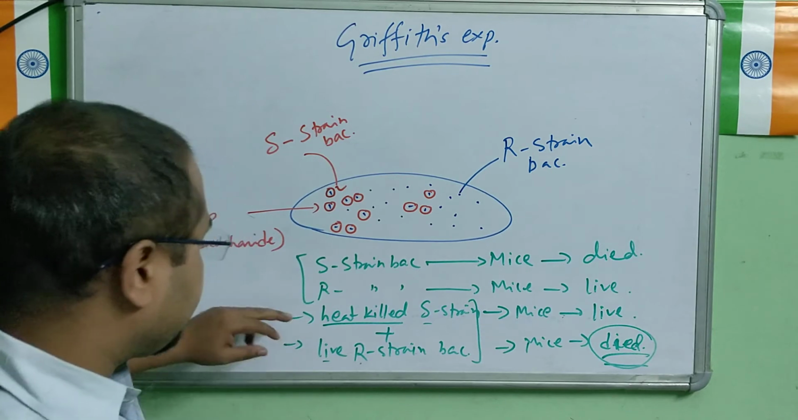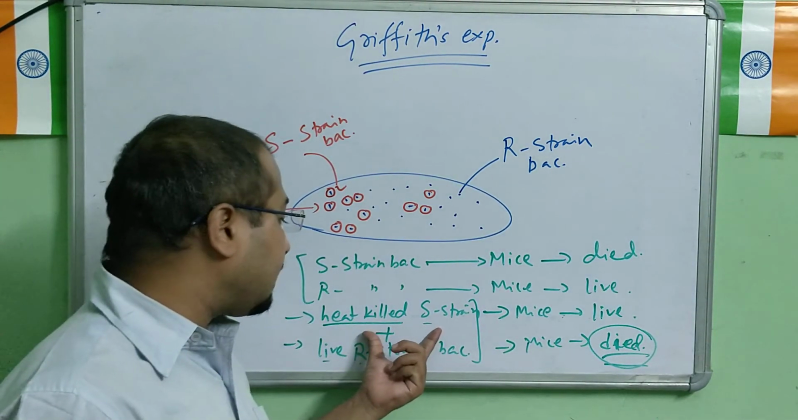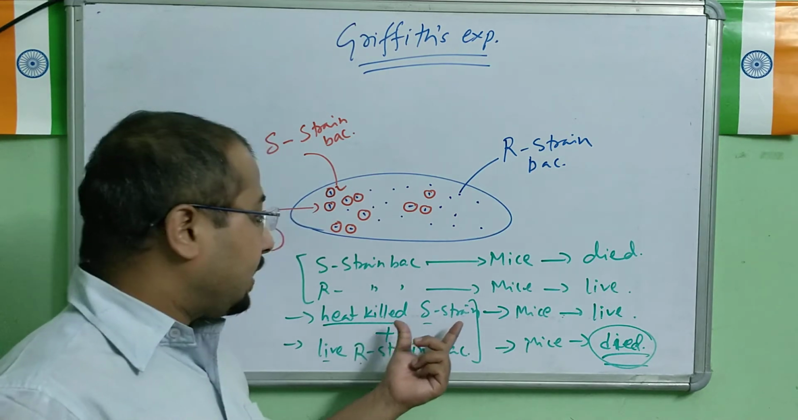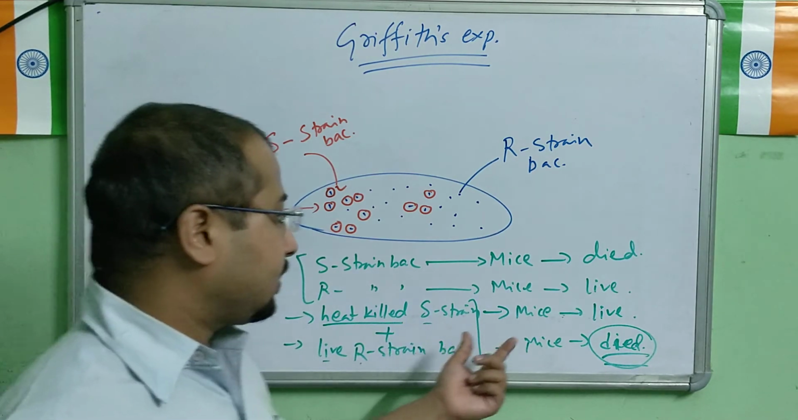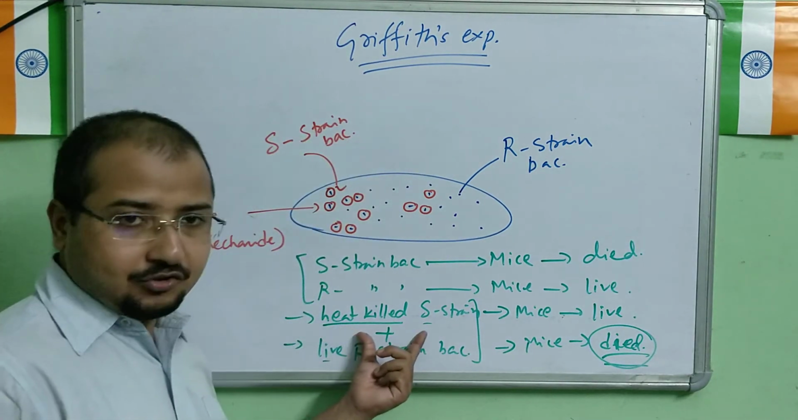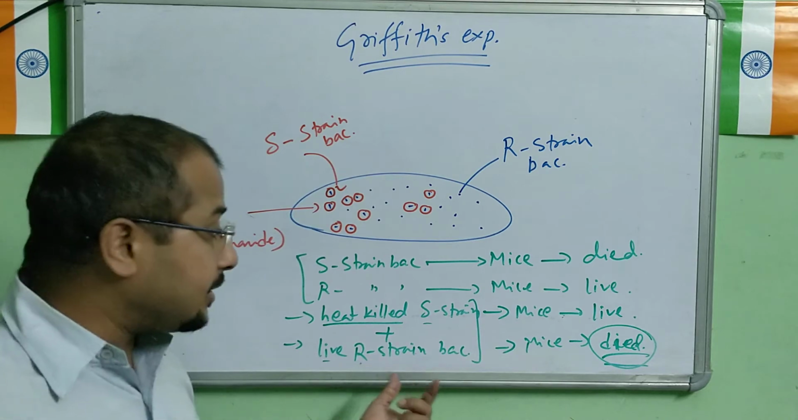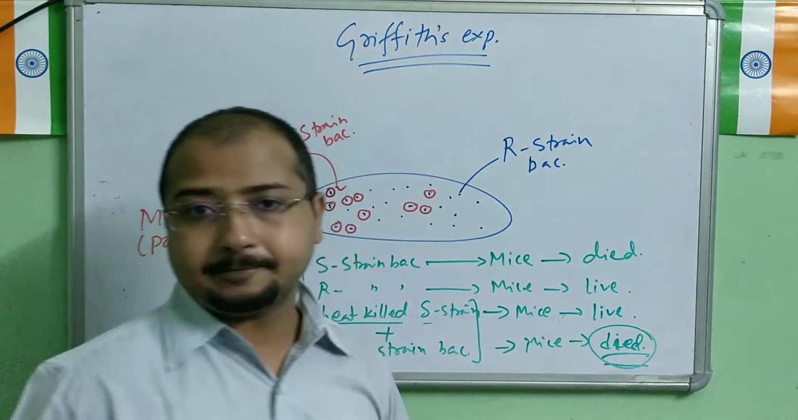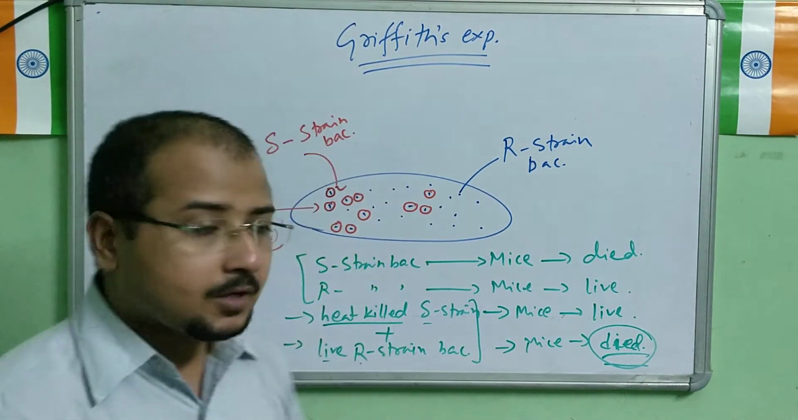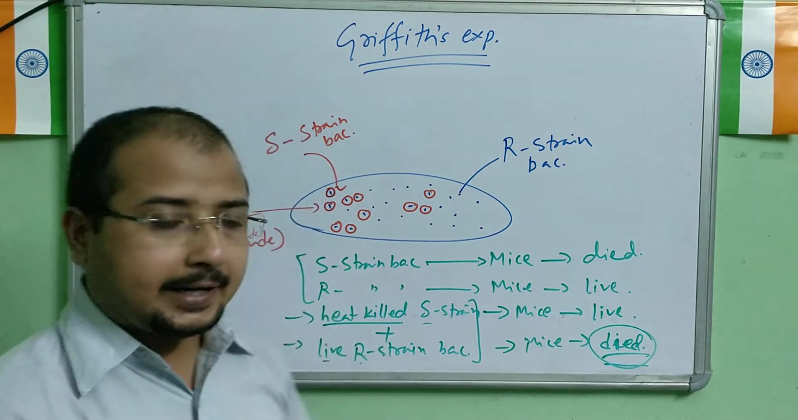See the third step and the fourth step carefully. When only the heat killed S strain bacteria were injected, the mice were alive. When the heat killed S strain bacteria were mixed with the live R strain bacteria, this time the mice died. Okay, what he has concluded from this experiment is that,